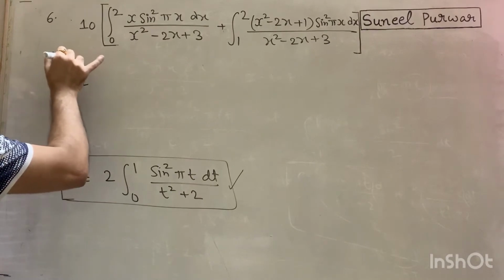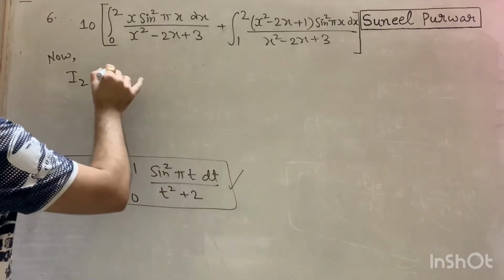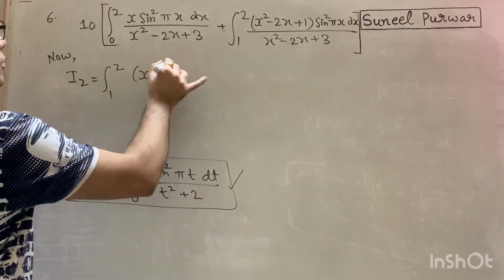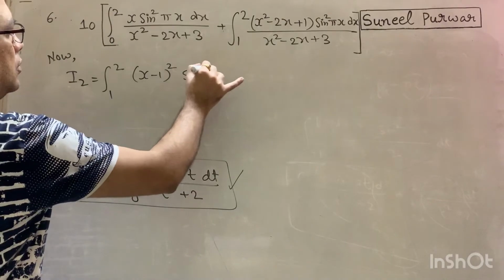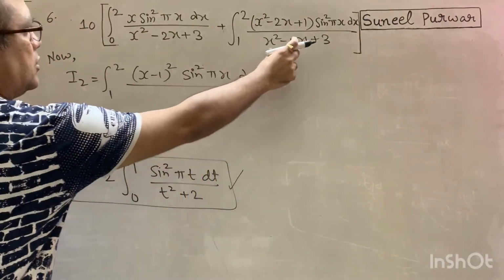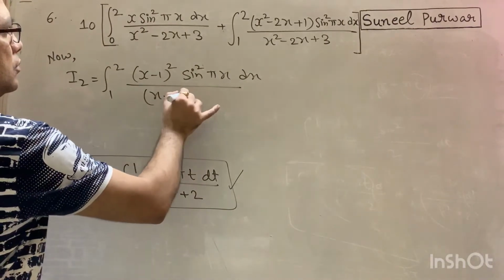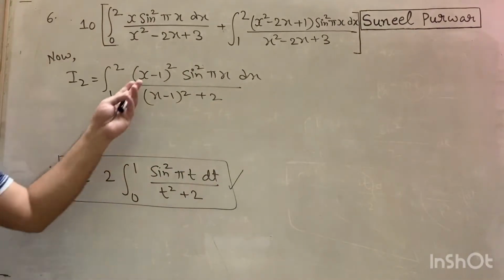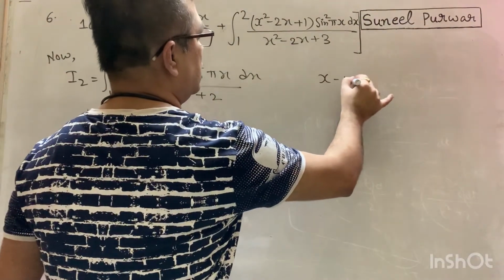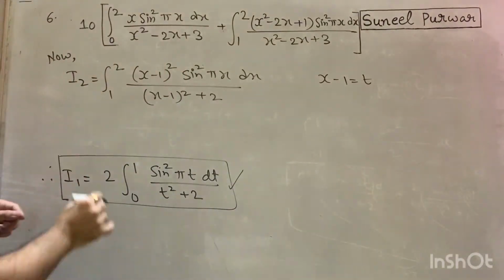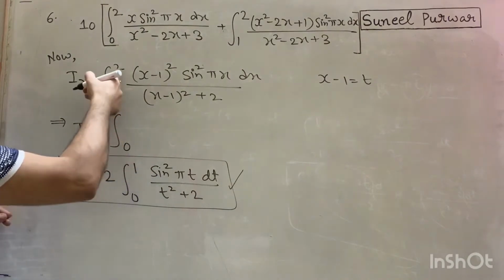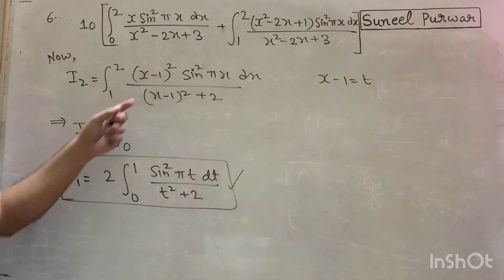So now I2 is equal to this integral 1 to 2 of x minus 1 whole square sine square pi x dx upon x minus 1 whole square plus 2. So once again you see this x minus 1 is the motivation to take the substitution x minus 1 equal to t. So that will make I2 equal to, change the limits, 0 to 1, t square